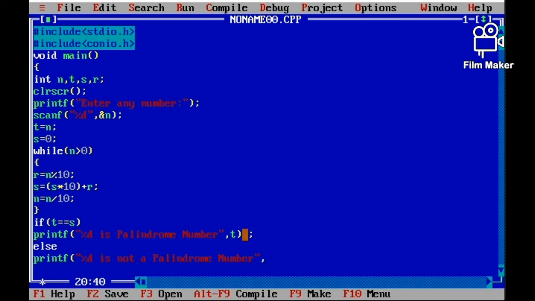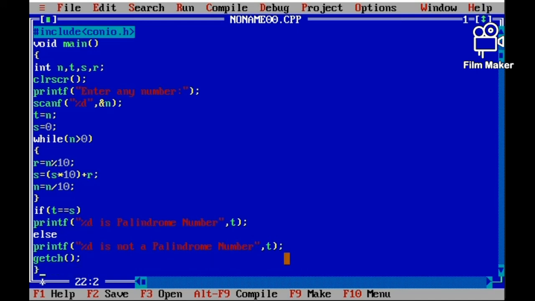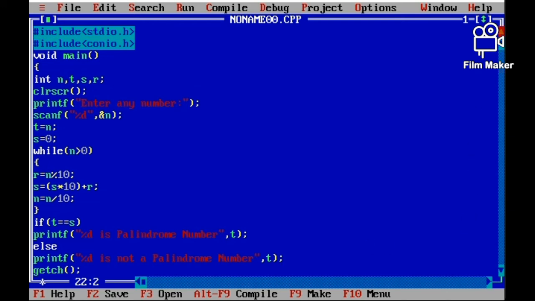Then variable t, then enter getch, then bracket end. It is all about your program.